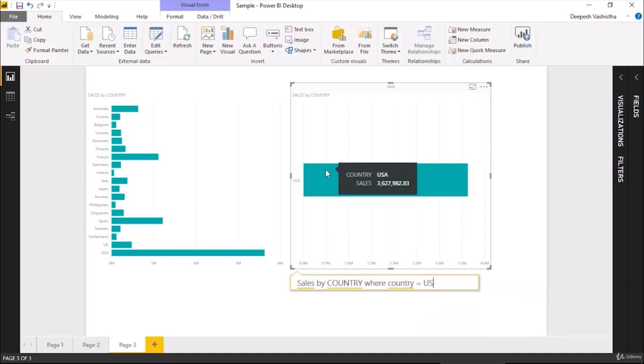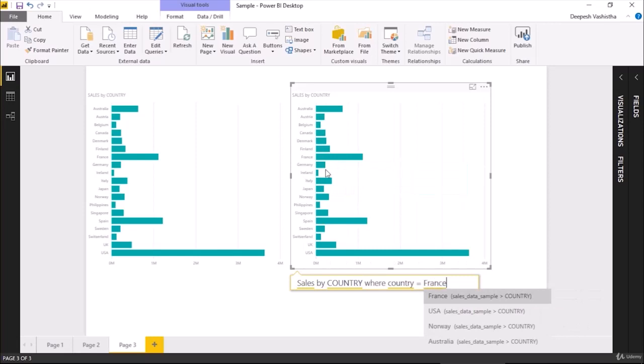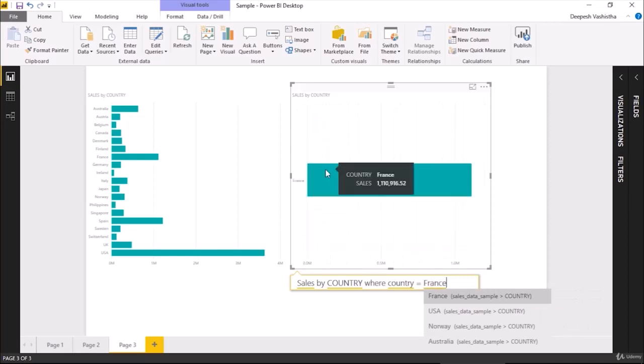So I can type in any kind of country, like drilling country in page 1 equals to France, and we can apply it to page 2 as well. So I will see this is the sales up here. This comes really very handy when you have, suppose